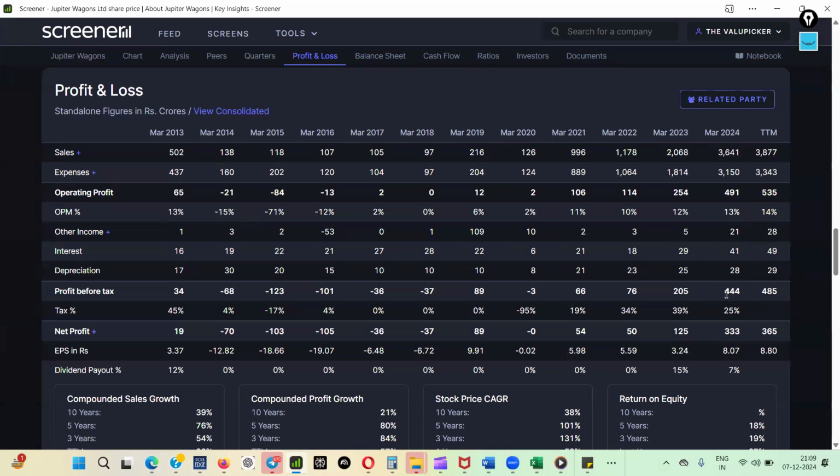Tax is excluded, and we need to look at earnings before interest and tax. So just add back this particular interest, because tax has already been excluded. We are not talking about it from here. So we are taking PBT and just adding back the interest part, so we get the earnings before interest and tax. Then just divide it by the average capital employed, and you get the exact ROC figure.